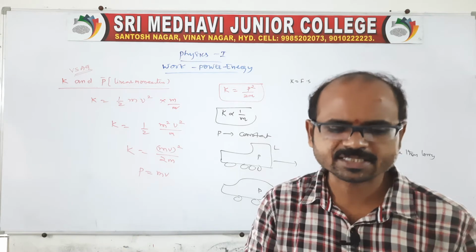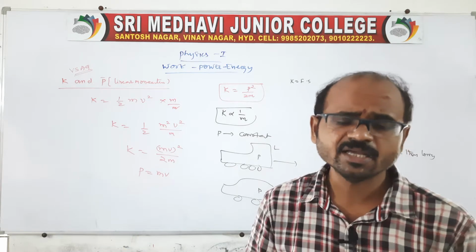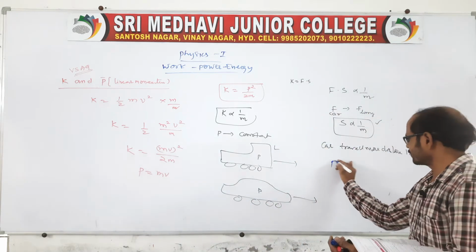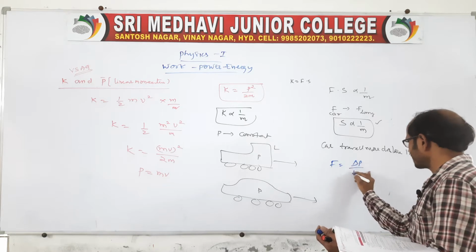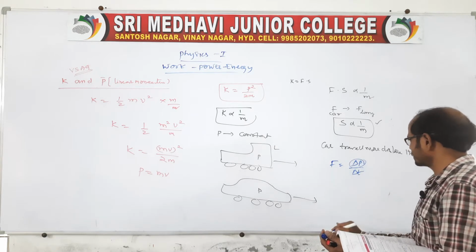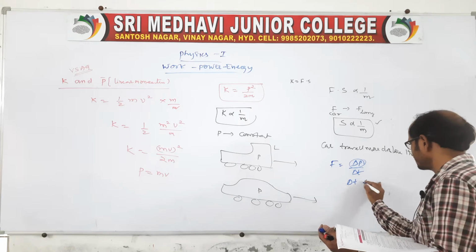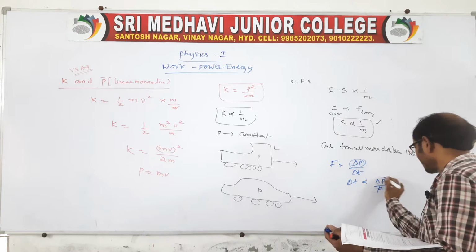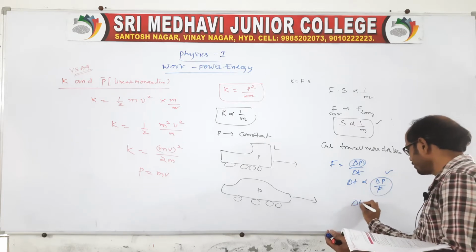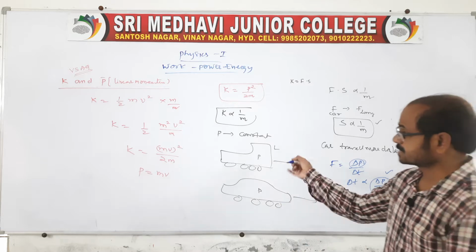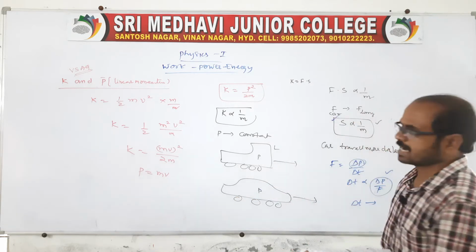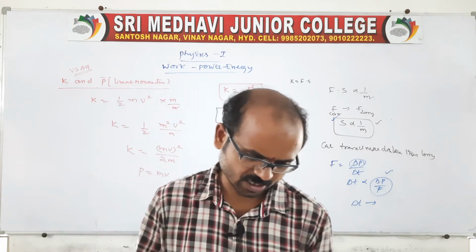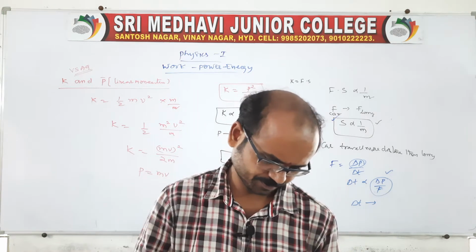Both momentums are constant, which means the time is also constant, delta t. According to the second law, F is equal to delta p by delta t. Momentum is constant, therefore delta t is proportional to delta p by F. This is the same, no, therefore both will come to rest in the same time, but the distances are different because it is related to mass. So this is one question in our material based on kinetic energy and momentum.